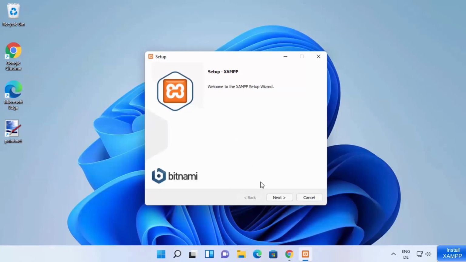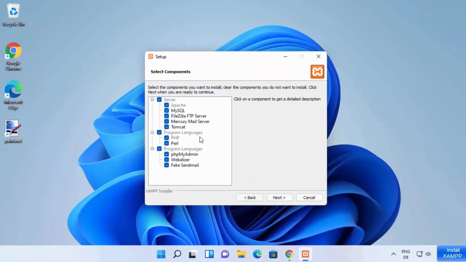And then we are going to click on the next button here. And XAMPP server is going to come with all these tools. So it's going to come with Apache server, MySQL, FileZilla, FTP server, Mercury mail server and Tomcat. And languages which are supported by XAMPP server are PHP and Perl, and the programs are phpMyAdmin, Webalizer and Fake SendMail. So I want all these components, so I'm going to leave everything as default and then click